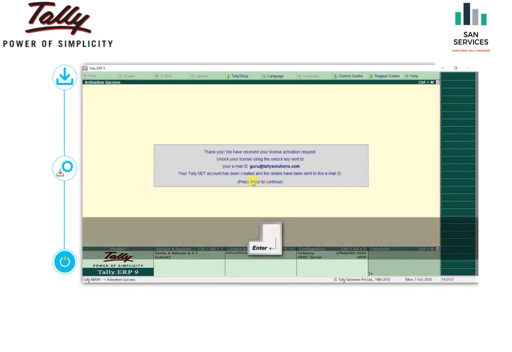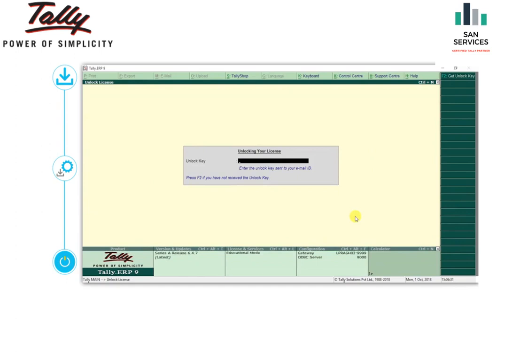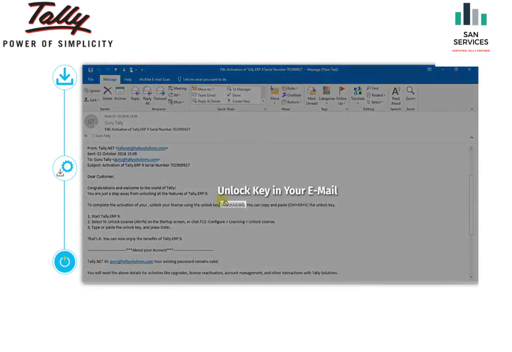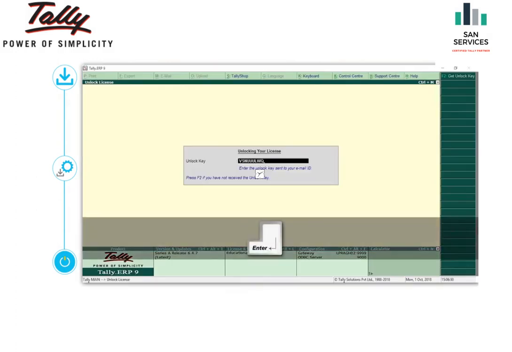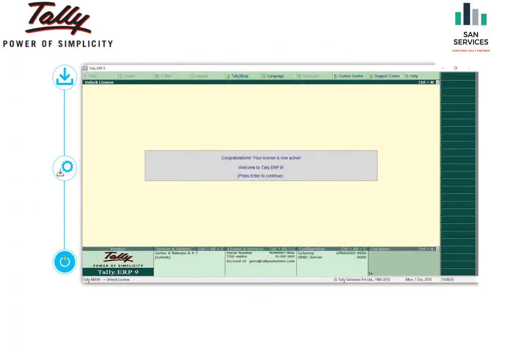Press enter to continue. The next step is to unlock your license. Your unlock key will be sent to the email ID you specified during activation. Enter the unlock key and press enter, and your license is unlocked and